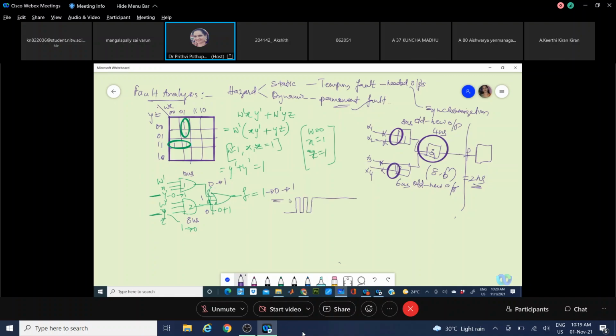Say a design, what is supposed to be, say, 5 volts to 0 volts. So this is your design and you are starting from any point. Okay. There is a fluctuation because of the mismatch, let us say, and it is reaching a wanted state, a wanted output. Then this type of thing is called a static hazard.